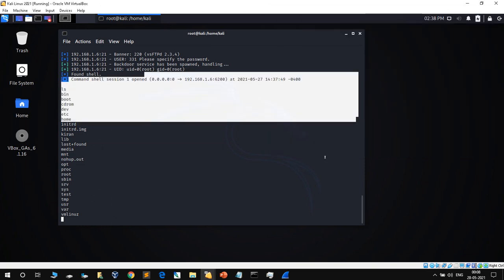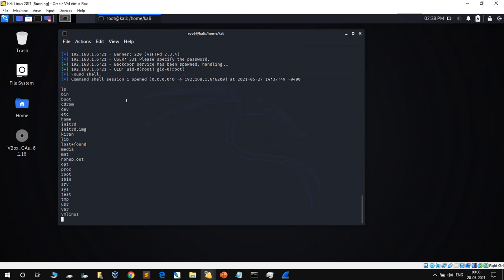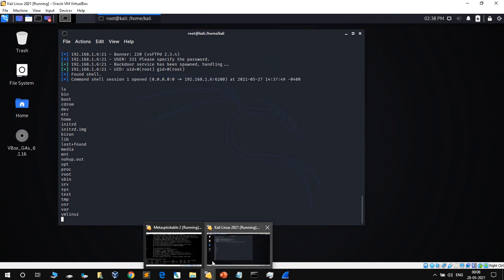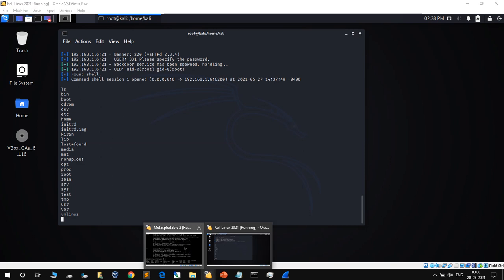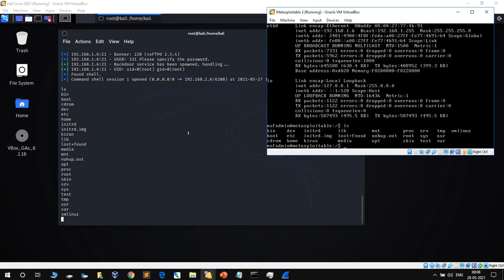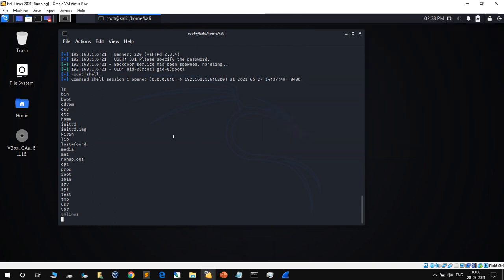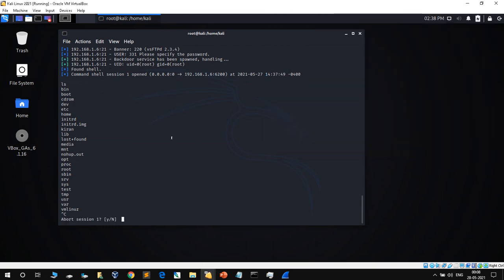So this is how we can open a backdoor into a different machine. So we have opened a session from Kali Linux operating system into Metasploitable 2 using a VSFTPD backdoor attack. So this is the one exploit,